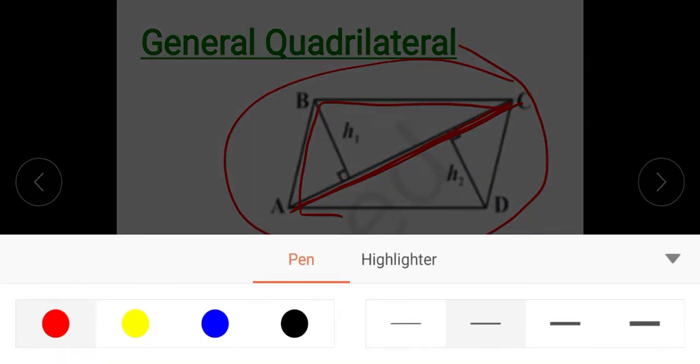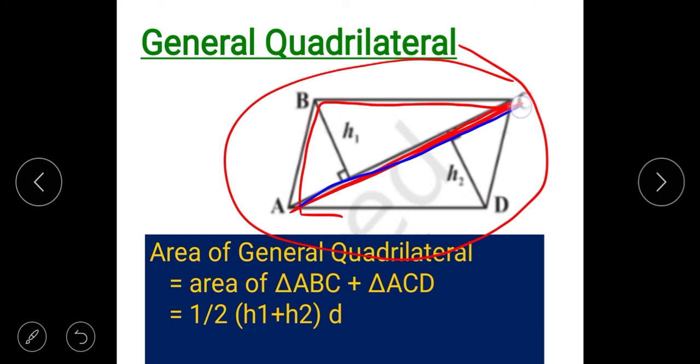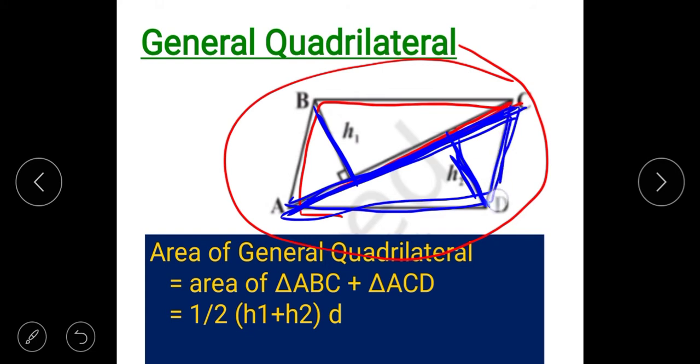If you see ACD, these are the two triangles, and as you know very well the formula of area of triangle, that is half height into base. Now AC is treated as base. This is the height h1, okay, and this is the height h2. Height h1 is the altitude or perpendicular on AC in the triangle ABC, and h2 is the height or altitude or perpendicular on AC in the triangle ACD, in this triangle.